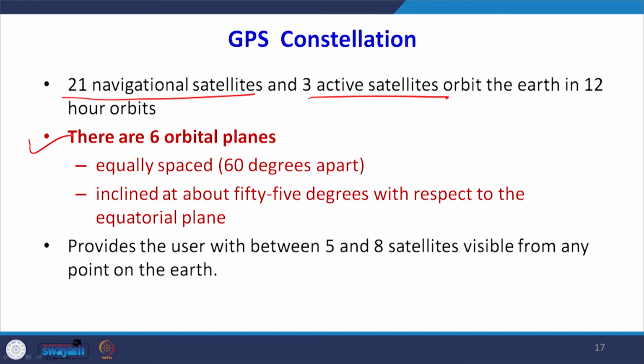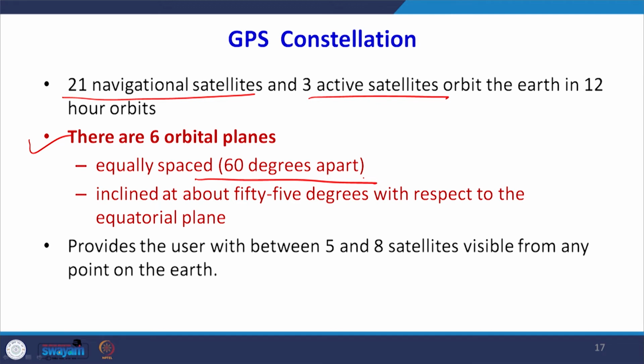So, in each orbital plane there are 4 satellites and they are equally spaced. They are 60° apart, so that there is no collision between the satellites, and these satellites are continuously moving in those defined 6 orbital planes. Due to the continuous rotation in the 6 orbital planes, anywhere you stand on the globe with the receiver, you can catch the signal from sometimes 4, sometimes more than 4